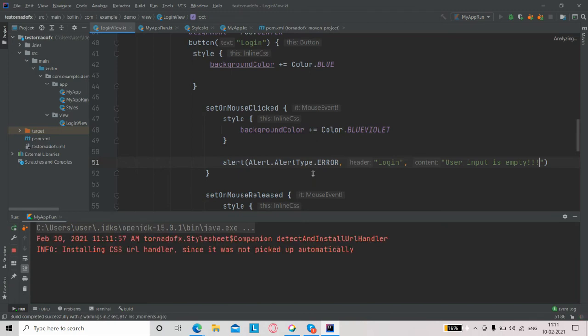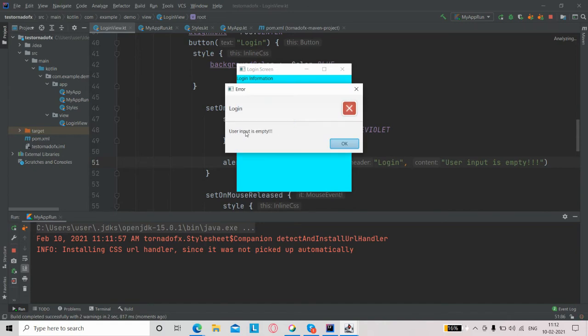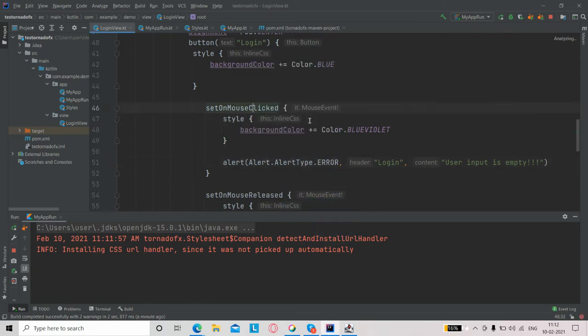It is just compiling and running. Yes, now I'm going to click the login button again. This time it says that user input is empty with an error. So this cross symbol shows that it is an error. Now we are going to validate it. If the username is empty or password is empty, we need to show this error. Only in that case we are going to show this error message. For that we need to define